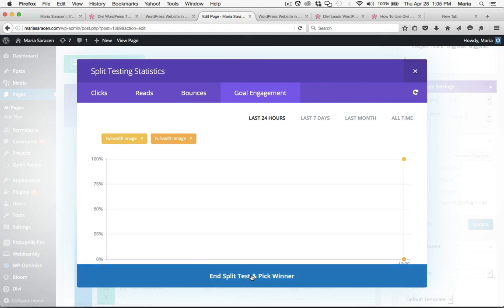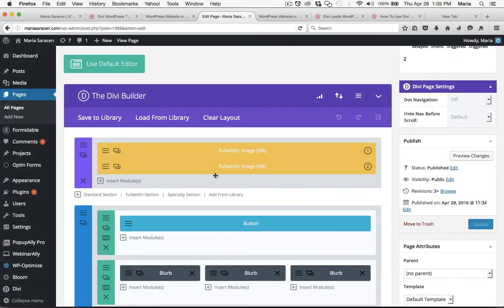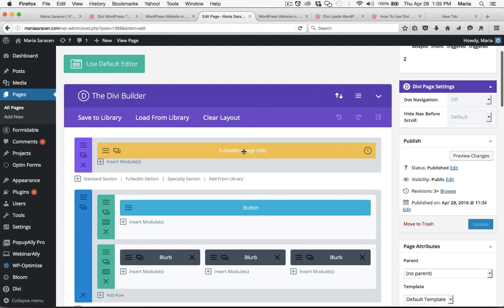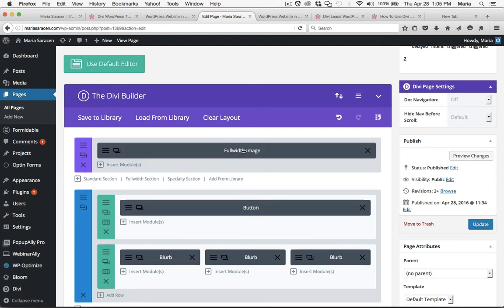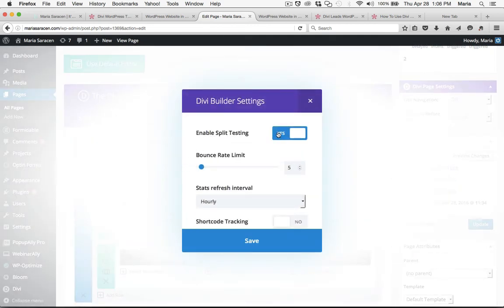And then you can end the split test and pick a winner. To do that, you can do it right there. And the purple circle basically says choose which one is the winner. I click on that, and boom, you can see all the colors are off. The split test is over, and you have a winner, and then you just go with whoever the winner is. Obviously, that's the most effective option. You leave it at that. You don't keep split testing. You can run another split test on another part of your page, so you just do that whole process over again,